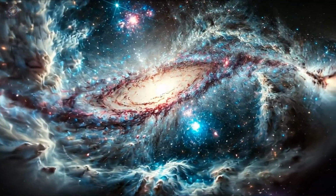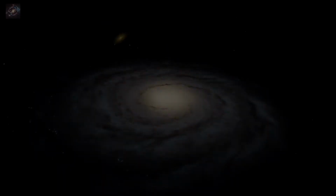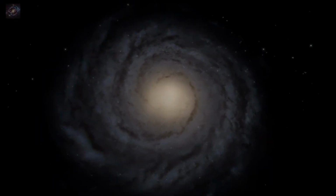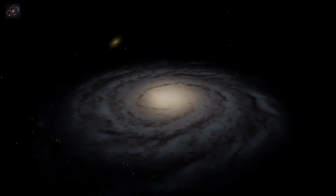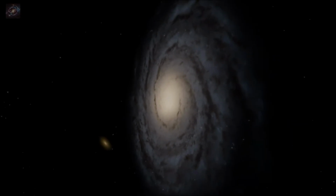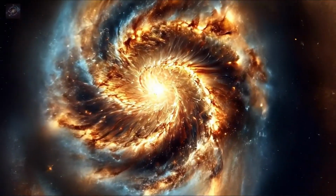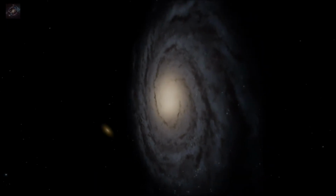The young stars in Andromeda's disk are concentrated in its spiral arms, where conditions are ideal for star formation. These regions are shaped by density waves, which compress gas clouds as they travel through the disk. This compression triggers gravitational collapse, leading to the birth of new stars. Observing these regions allows scientists to study the initial stages of stellar evolution, from protostars to fully formed stars. The intense radiation from young, massive stars heats the surrounding gas, creating ionized bubbles that emit light across the electromagnetic